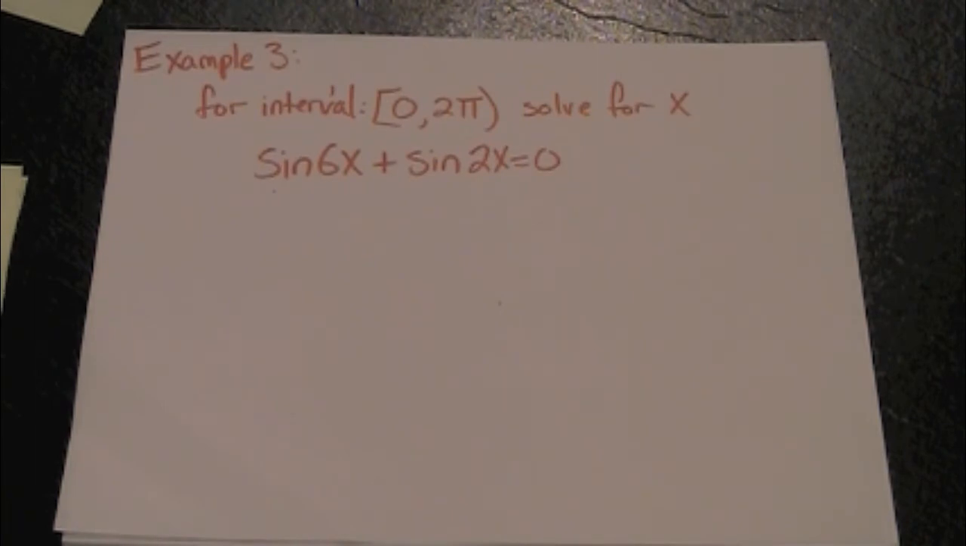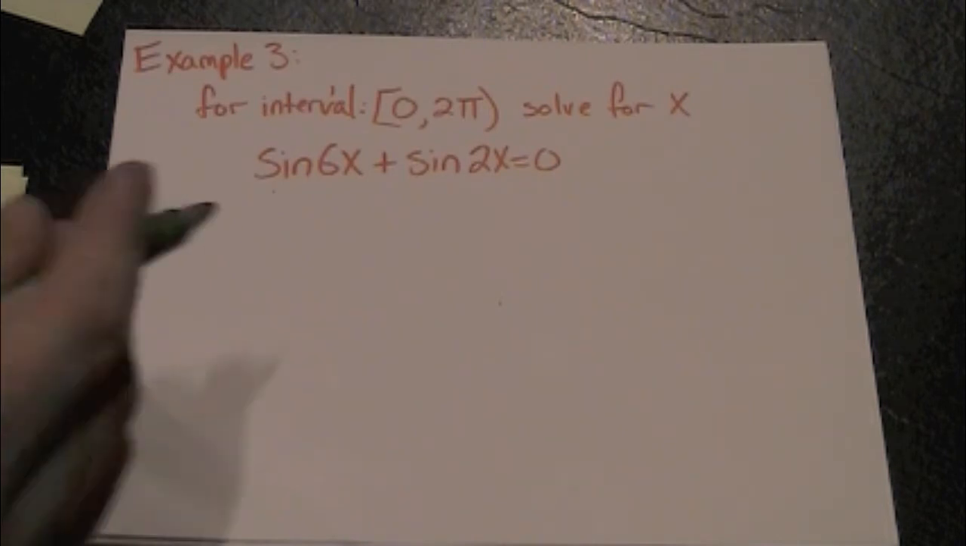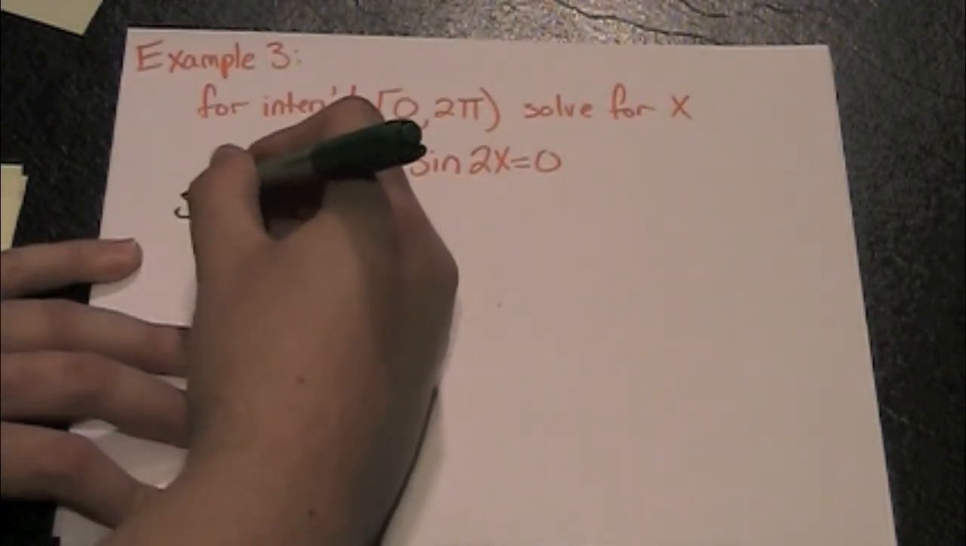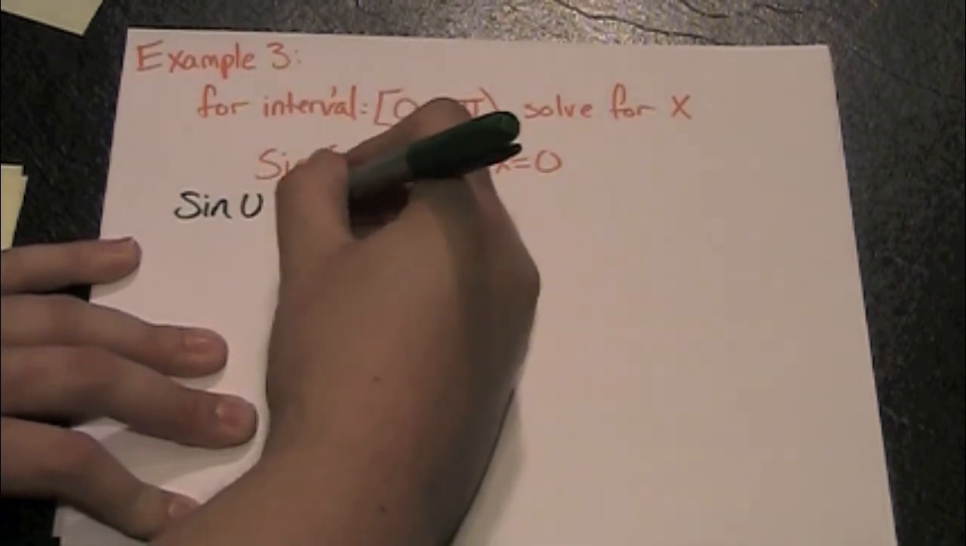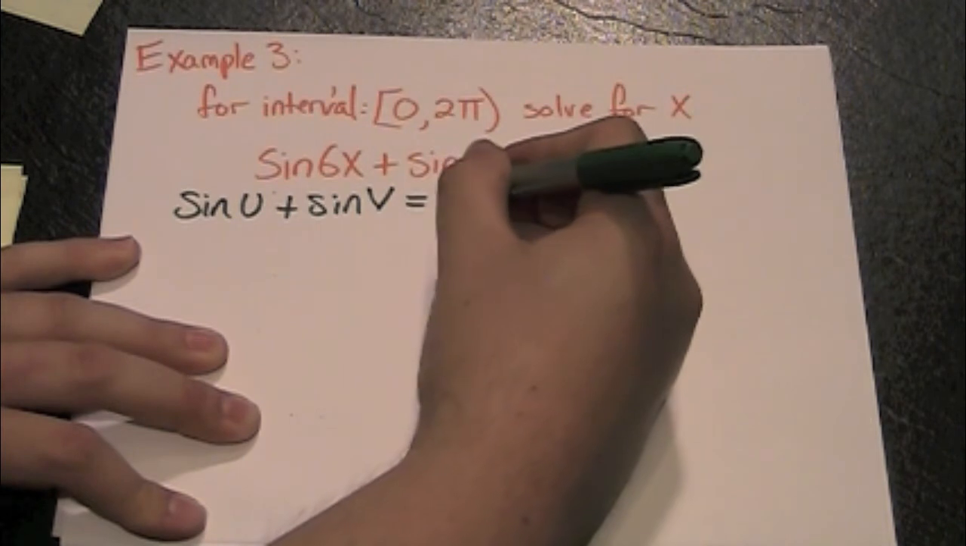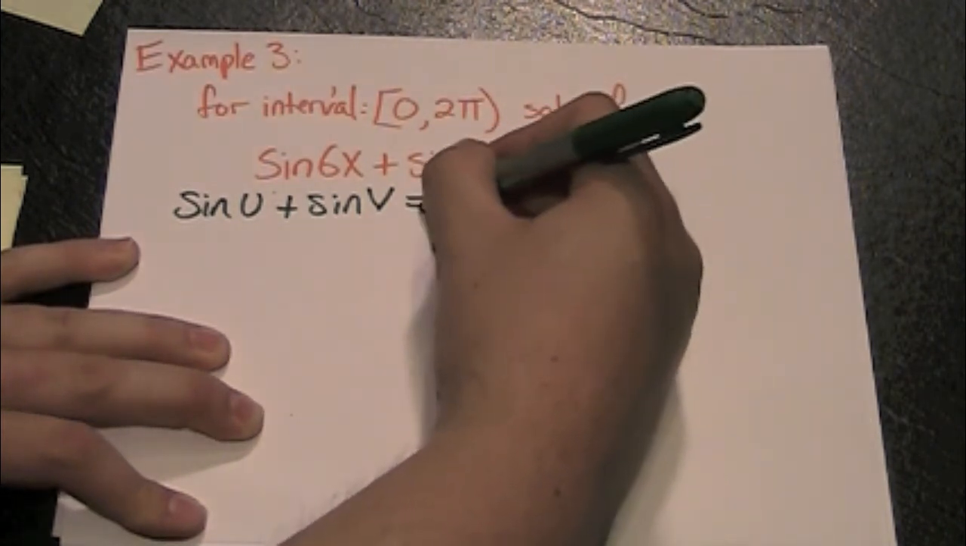Once again, for the interval 0 to 2 pi, let's solve for x. Given the equation sine of 6x plus sine of 2x equals 0. For this, let's try to use one of the sum to product formulas which looks something like this. If I got sine of u plus sine of v, I can rewrite that as 2 times